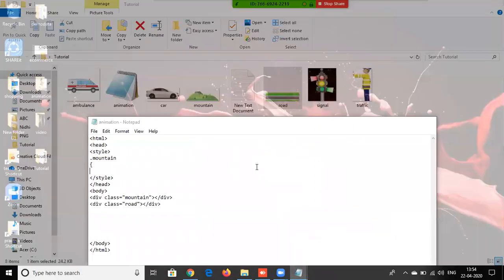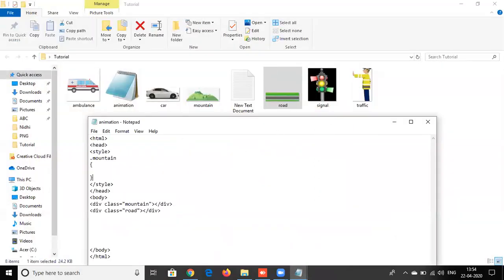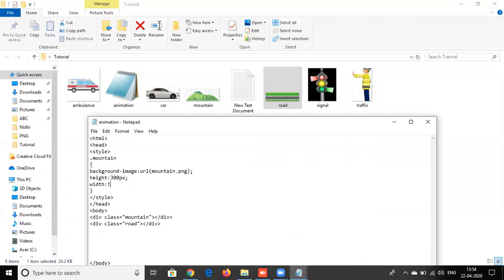I go to my HTML code again. Over here I have to write my height. First I write the image which I want to tag. So from that you have to do background dash image, then double quotes, and then I have to write URL. URL means where I'm taking the photo from, this folder only, mountain.png and semicolon. What is the height of the image? It was 300 pixel. Now width, I want to make it into the whole screen, so I have to say 100%. If I say 50%, it will be half the size.